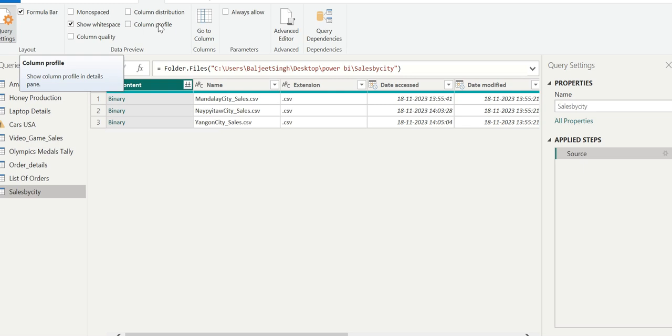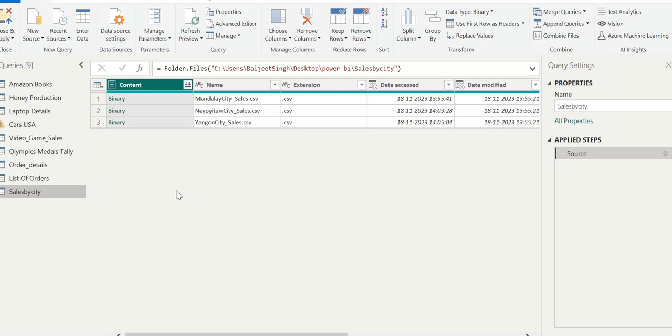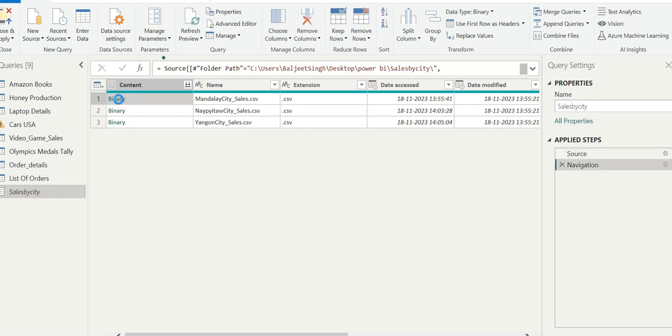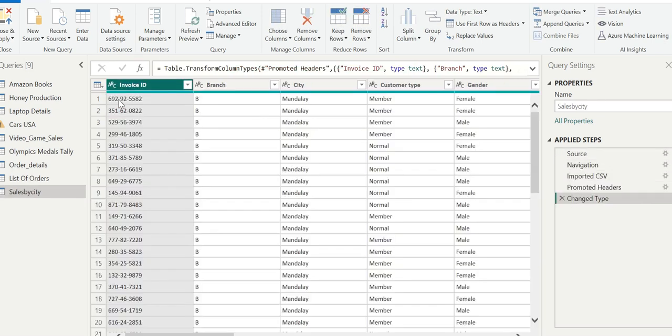So for a quick preview of an individual file in Power BI, let's check one of these binary texts. Just go to Home and click on any of the texts. You will see the entire CSV file converted to a table. See, the entire CSV file has been converted to a table. In the Applied Steps menu on the right, you will observe that a number of transformations have already been applied to create it as a regular CSV file.